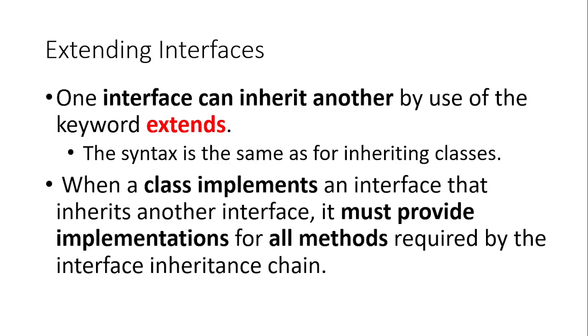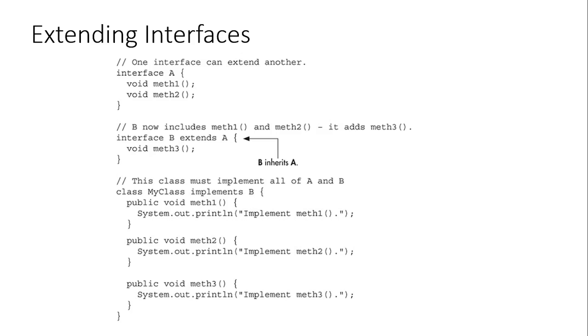Now the next question is, one interface can extend the other interface. I can create one interface and then create an extension of that particular interface, the same way you extend a class by inheritance. One interface can also extend the other interface, and if a class implements that one, then it has to give the definition for all of them. Just to give you an idea, I have an interface A. There are two methods within this interface. There is one more interface B. Look at this, B extends